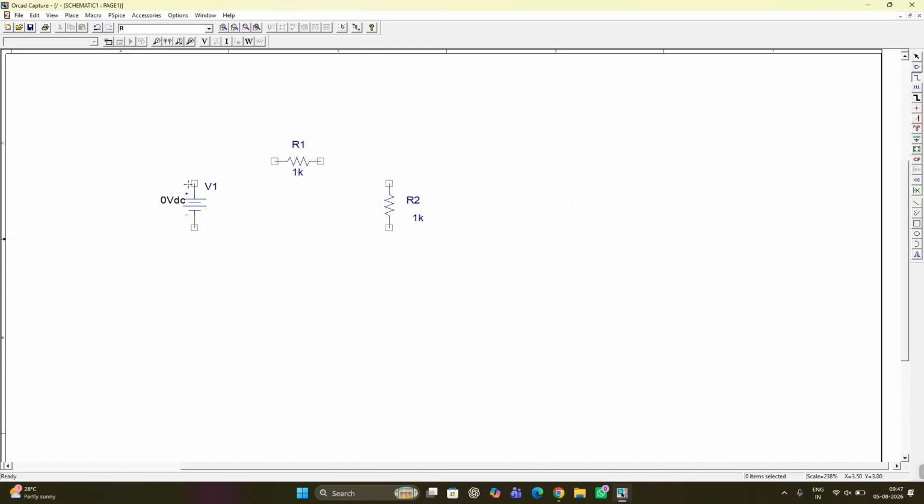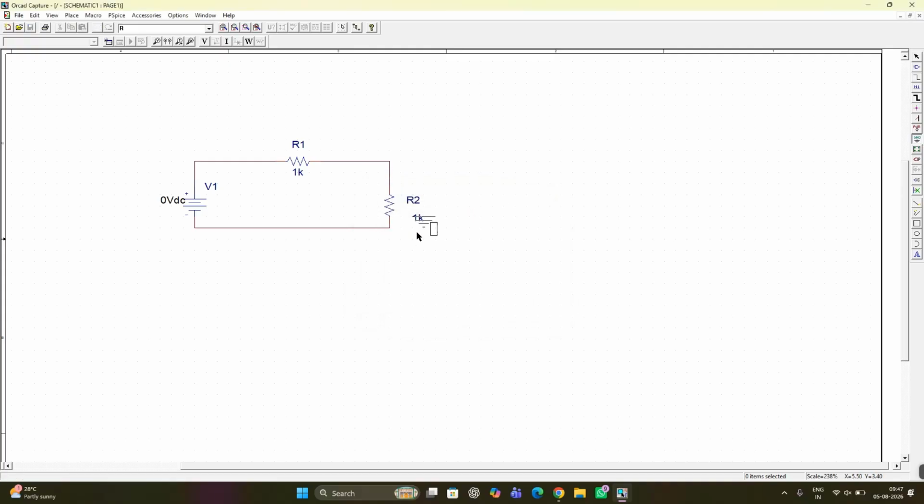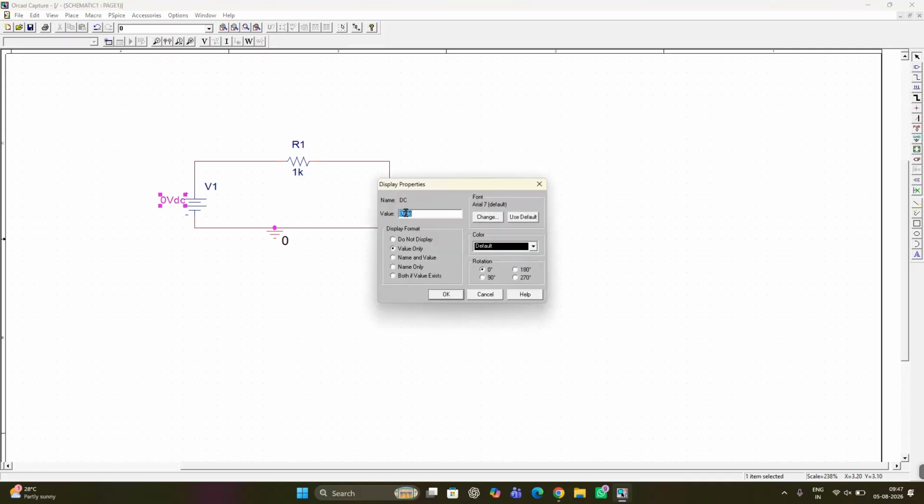Now we need to connect the two elements using the wire. And then you need to connect the ground. After connecting the ground, you need to give the values for these elements. For VDC, as of now I am taking it as 50 volts,